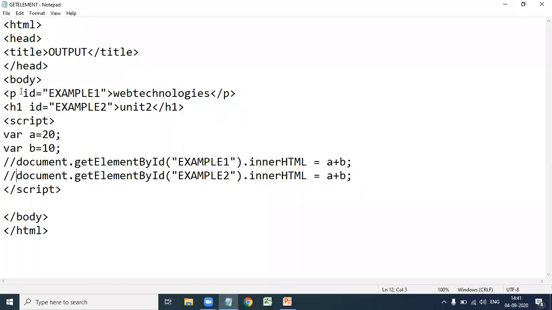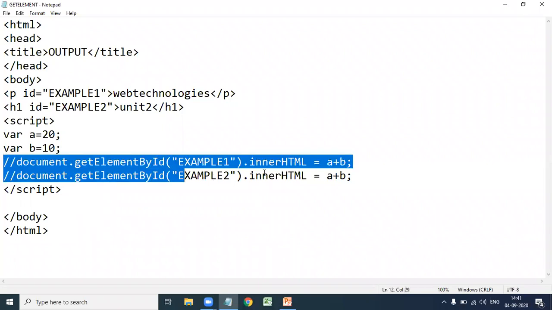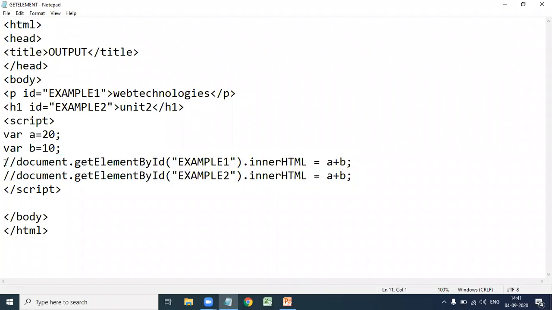So what is the output for this one? What is the output for this program? Respond in the chat box. Delete these two statements. So now, what is the output for this one?